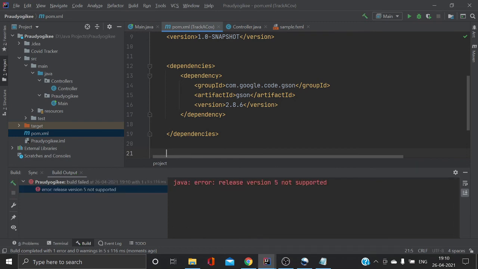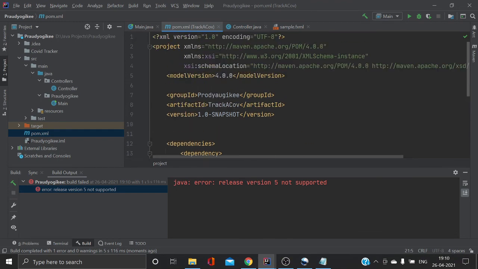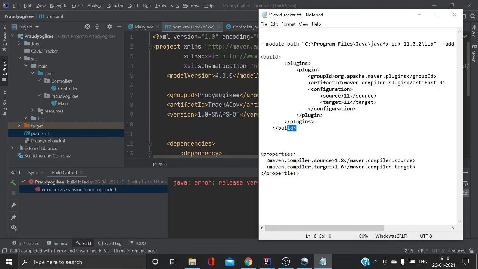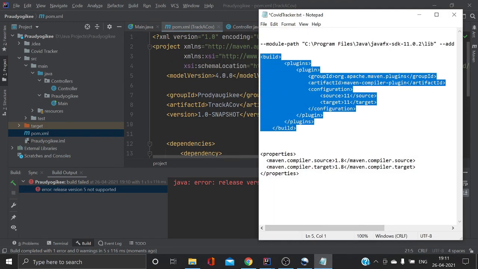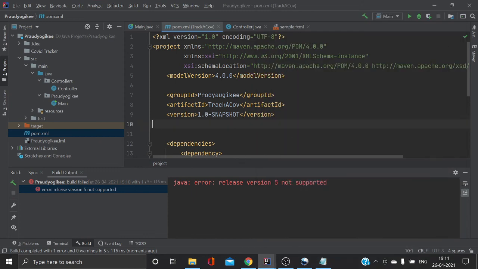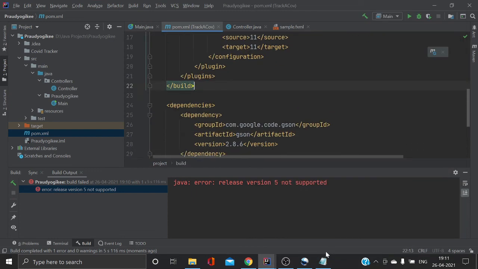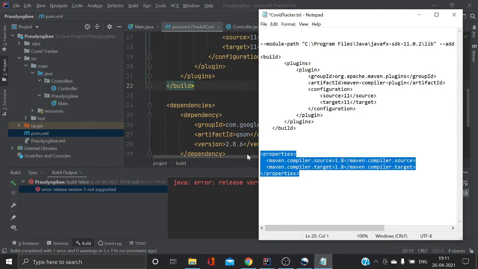Running the project, you may get an error that release version 5 is not supported. To remove this error, you can add these lines. I'll provide you. Build and properties.